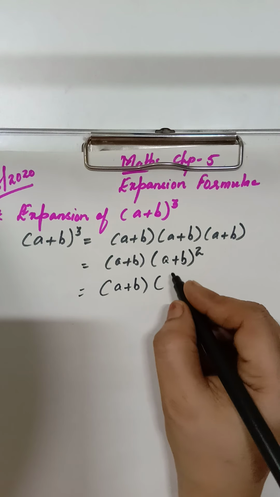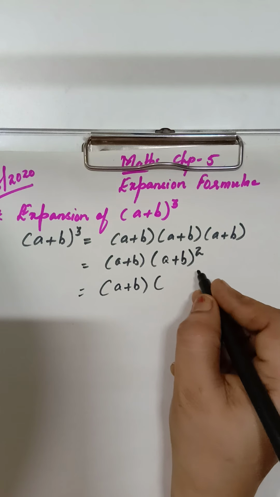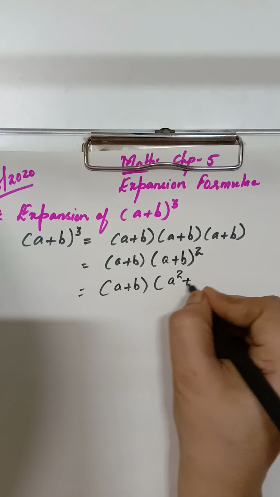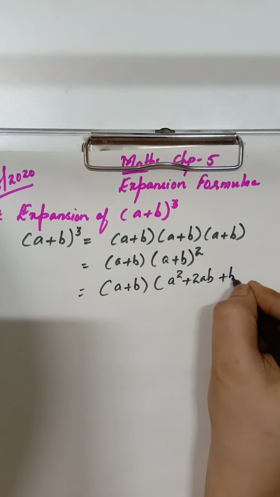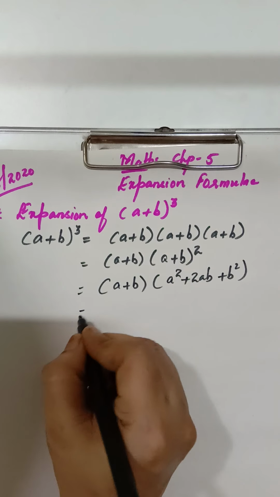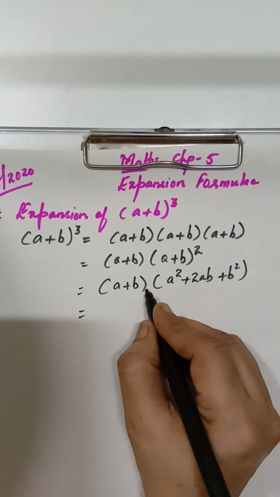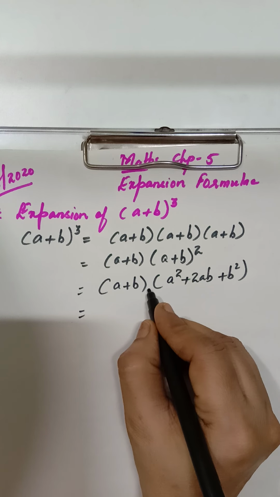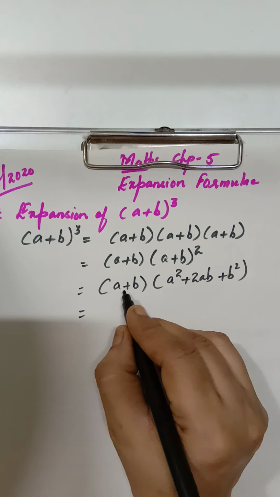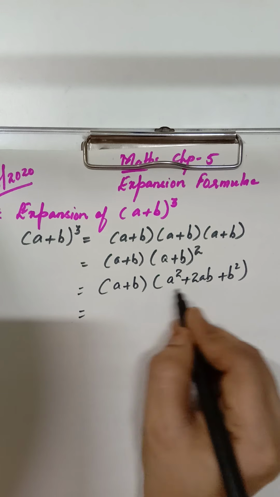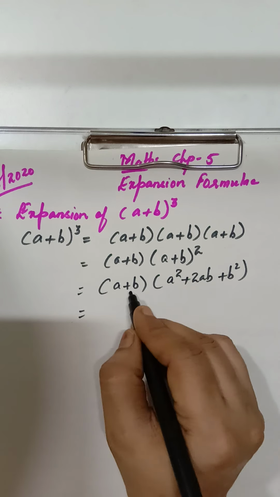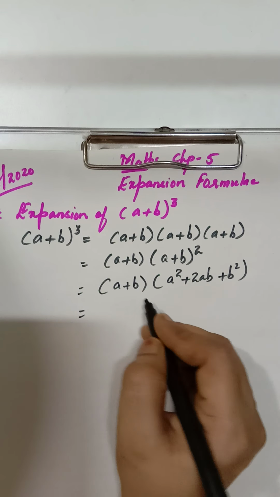Now we are writing the formula. We know the (a + b) whole square formula is a² + 2ab + b². So this is equal to, now here see children, this becomes a bracket, and in between the two brackets, what sign is there? Multiplication. No sign means multiplication sign. So you need to multiply; this is a binomial, this is a trinomial, so we need to multiply both brackets.